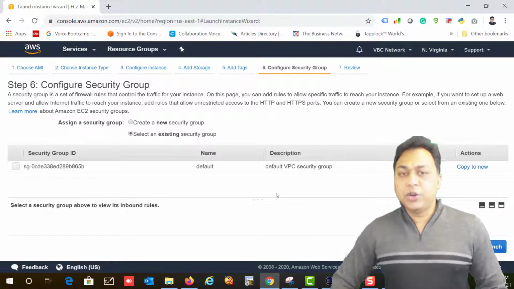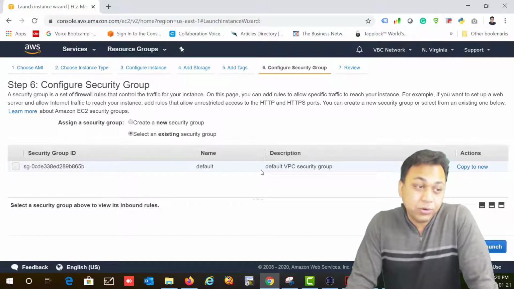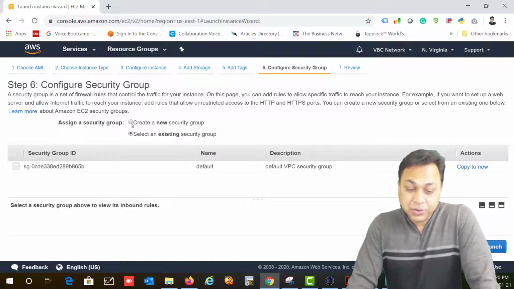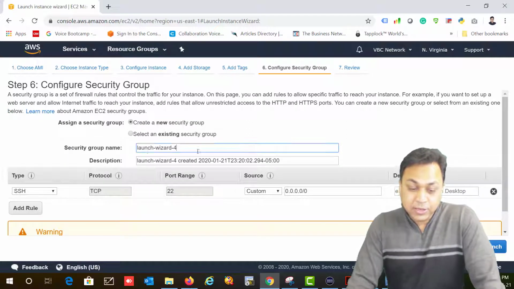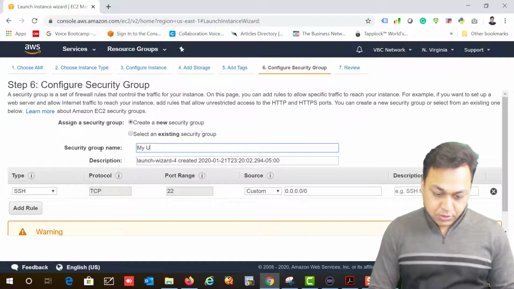All right, so here's the problem. That security that I created before, it was actually from another VPC. So I'm going to have to create a new one. So I'm going to click on this new one. I'm going to call this my US security group. Okay,